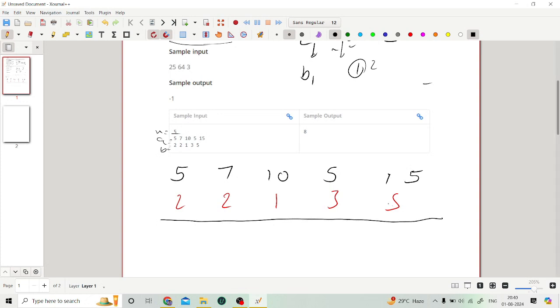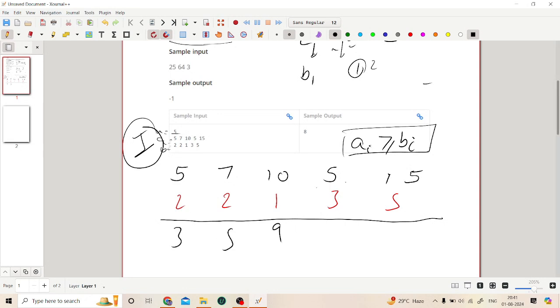Our first intuition will be to subtract each element, and we know the condition. We will subtract each element until this condition is false. So this is our first intuition, and I will tell you why it is incorrect. You can skip this part if you don't want to see the incorrect one, but for understanding purposes, we will look into this algorithm. We know 5 is greater than 2, so here the answer will be 3, 5, 9,